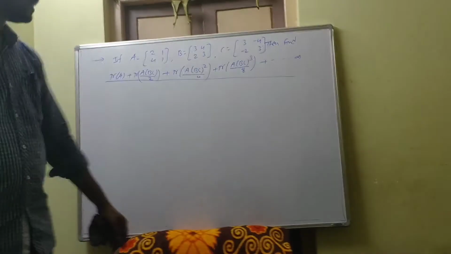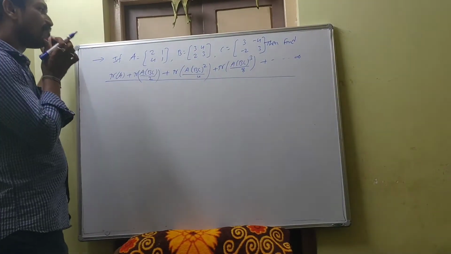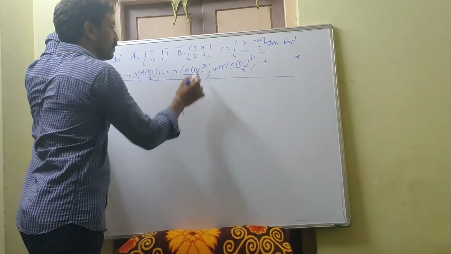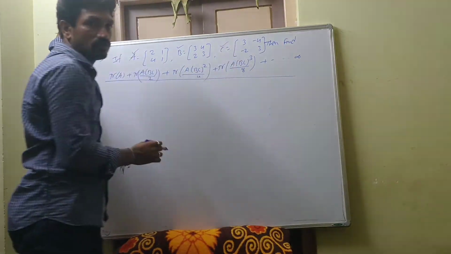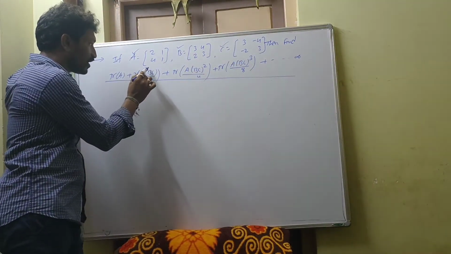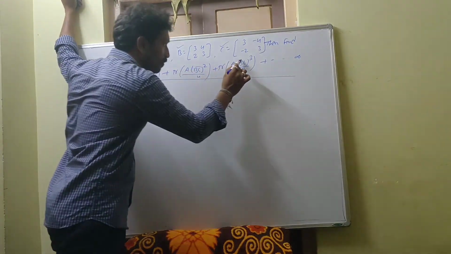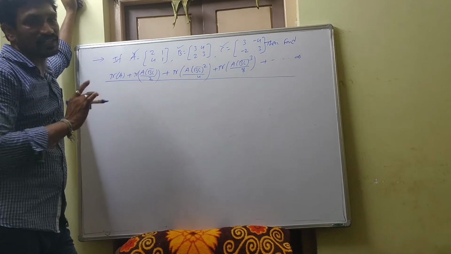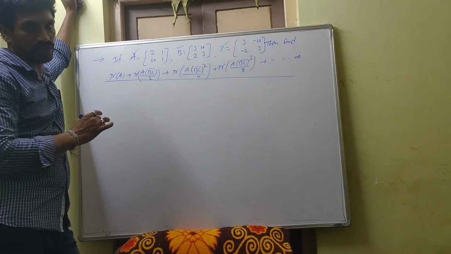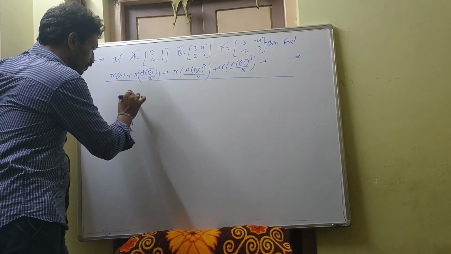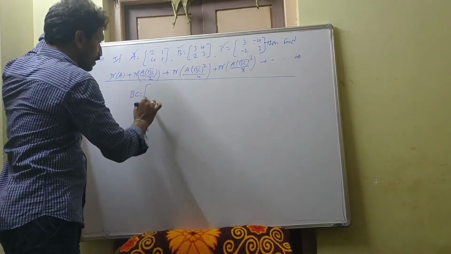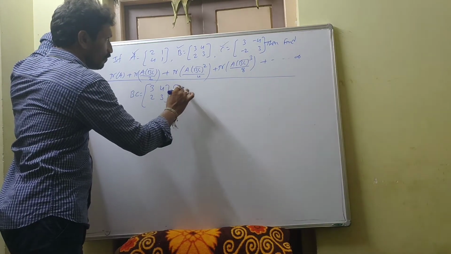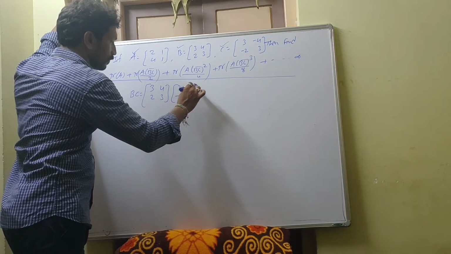Okay, see here, before doing this problem, they have given matrix A, matrix B and matrix C also. And here the combination is BC whole square, BC whole cube, like that. First you find out the matrix BC. Check it out. First find out BC. What is the BC matrix? Multiplication of [3 4; 2 3] into [3 -4; -2 3].